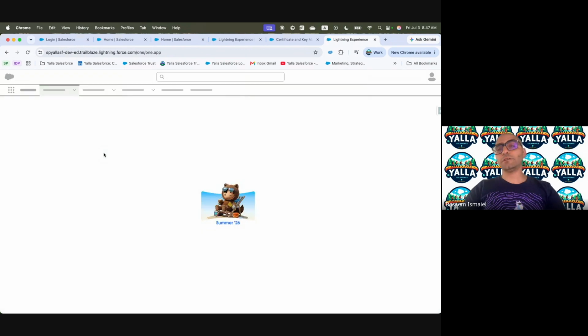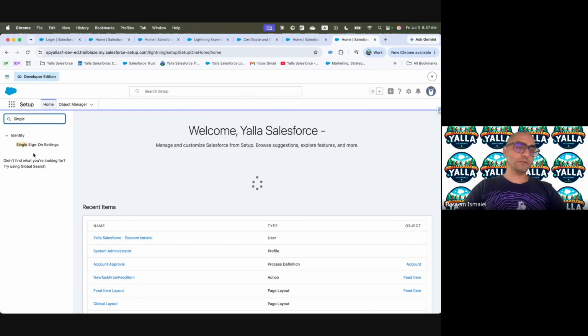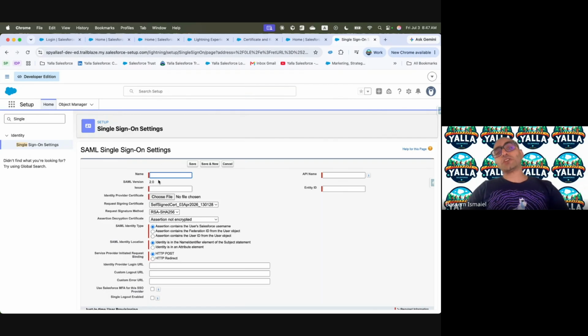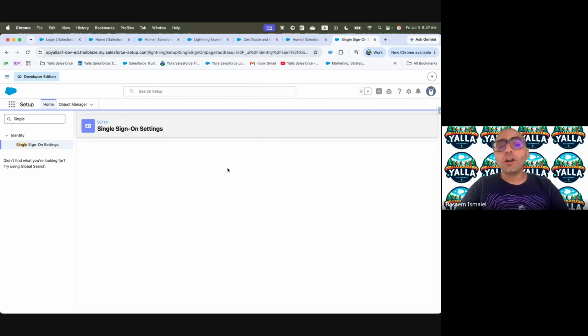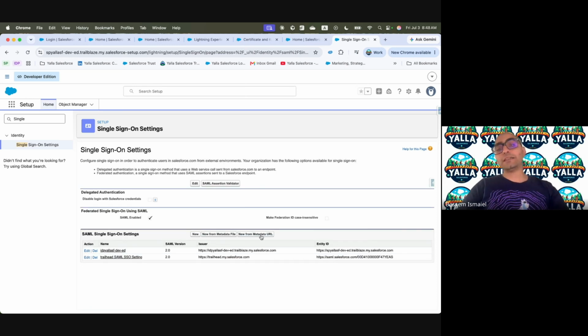So if I go to the service provider, I go to the setup and I go to single sign-on. And within single sign-on, the first step is to enable SAML, because this exchange needs to be enabled. And then I come in here, I can say new, and you start filling in all of these details manually, which is happening within this module. Or I can choose new from metadata file, and it will ask me to choose a file and then upload it, and it is going to do it for me. So there is no need for you to fill it in manually. It can be a URL as well, where this URL goes and grabs all of this information.